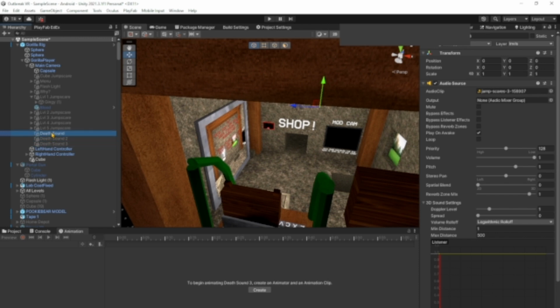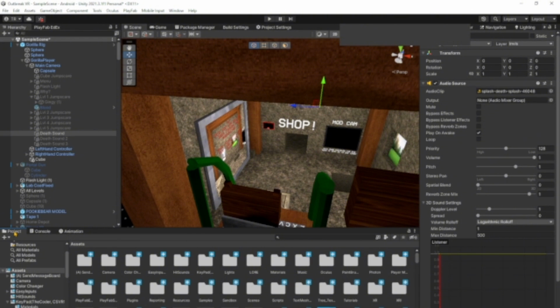Alright, and so you want to go to like Pixabay, SFX or something, and you want to download some jumpscare SFX, and then you just put those in here in the audio source, put it on play on awake, make sure it's not looping. I mean, it doesn't matter because the script disables the things anyway, but it's fine. So yeah, and then you could just leave that how that is. And make sure that it's disabled so they don't play